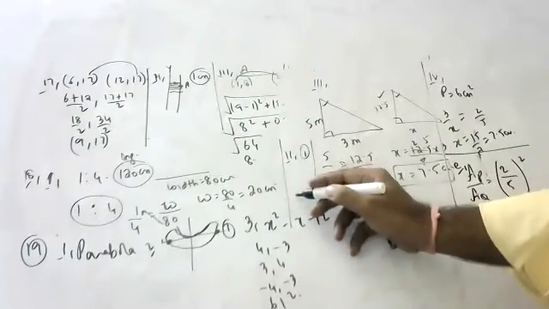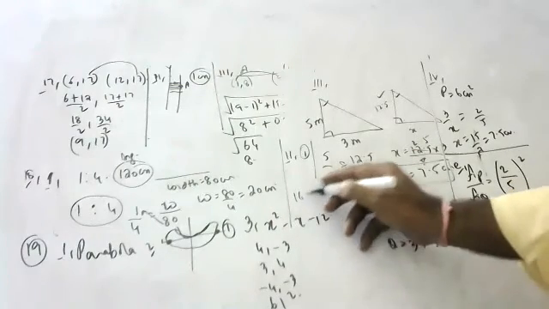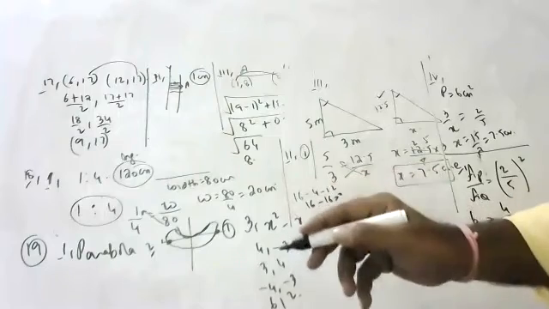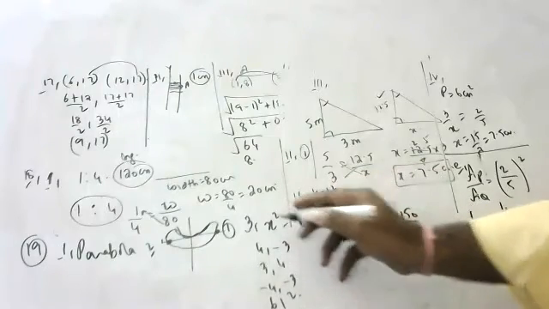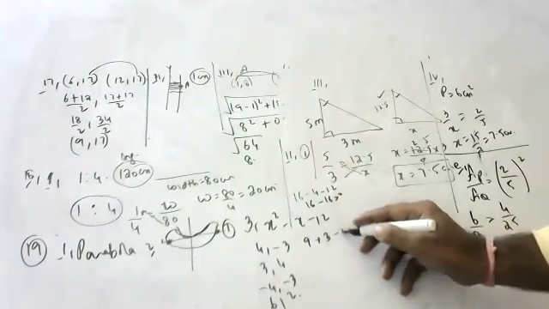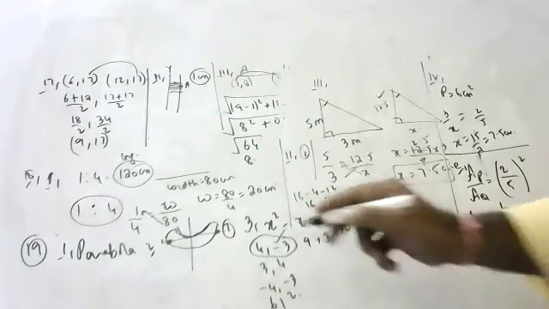Substitute 4 here, children. 4 fours are 16, minus 4 times 4 is minus 12... 16 minus 16 is 0. Now substitute minus 3, children. Minus 3 squared is 9, minus 3 times 3 is minus 12... This is the correct answer, children. The first one is correct.